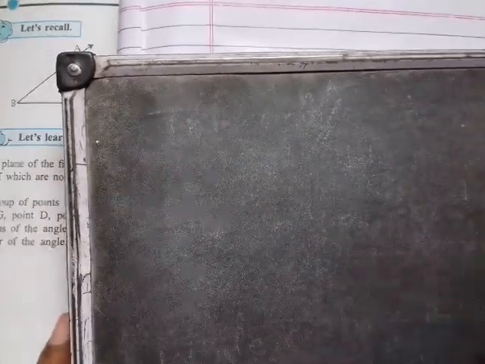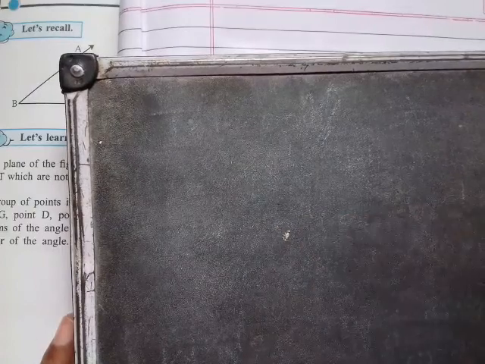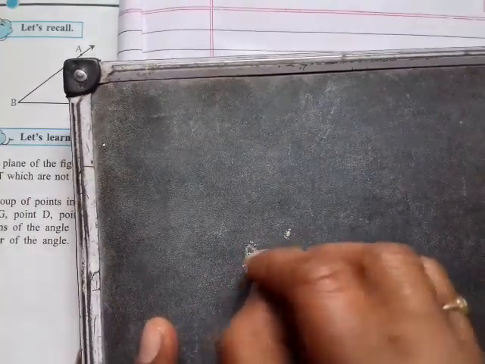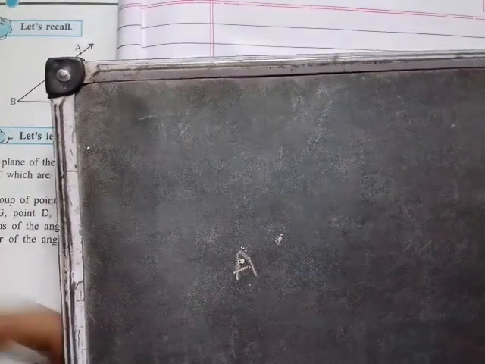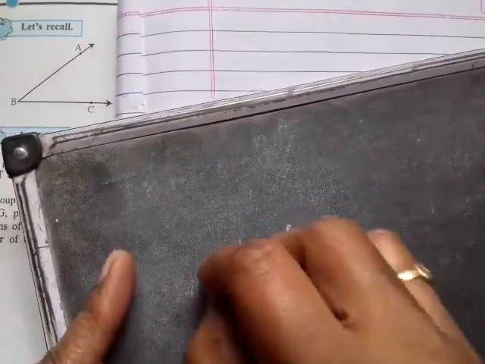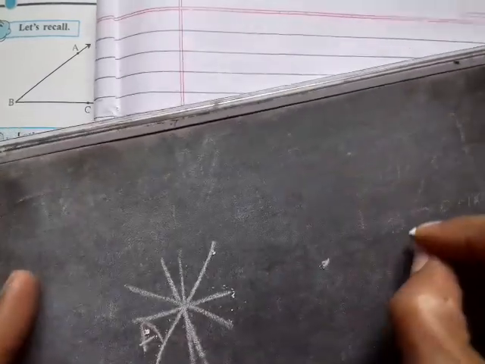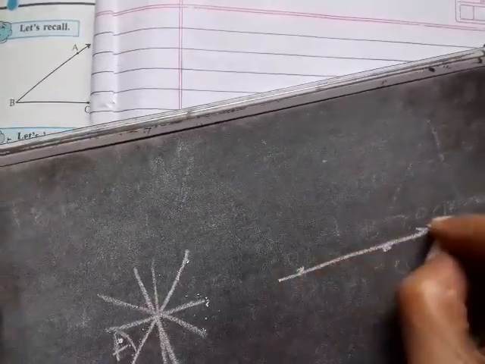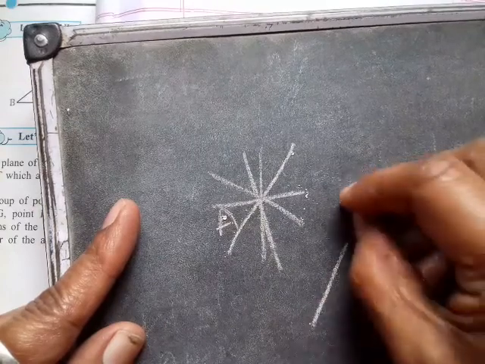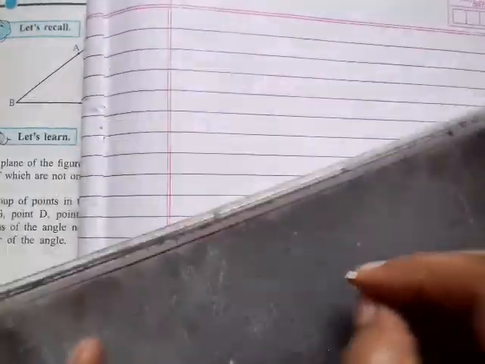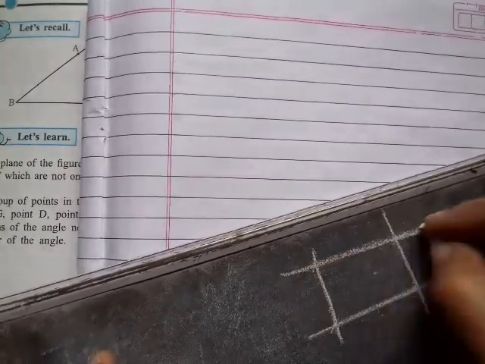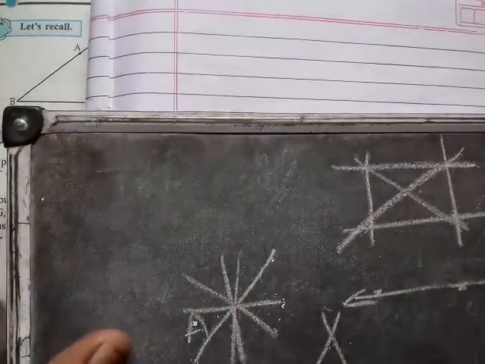First, if we put any pointed thing on a screen, what we get is a dot, and that dot we label as point A, point B, like that. If two dots are there, from one dot how many lines can we draw? Infinite. And from two dots how many lines can we draw? Only one. From 3 points how many lines can you draw? 1, 2 and 3. 4 points, how many lines can you draw? 1, this is 2, this is 3, this is 4, 5 and 6. 6 lines we can draw.